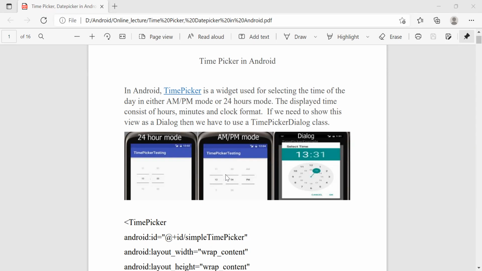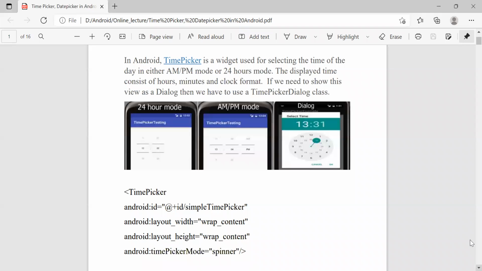The second one is the AM PM mode. Here it gives the hour, minute, and AM PM. And in the third picture, we can set it analogically. So these are the three modes of time picker that are used to set the time.